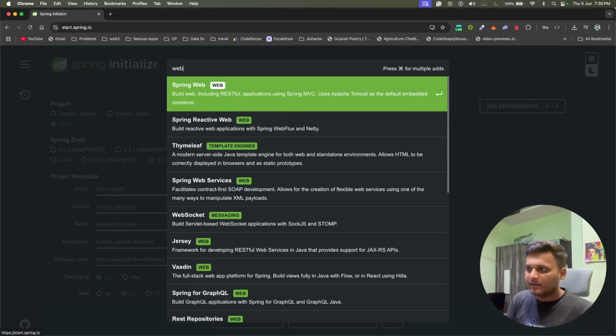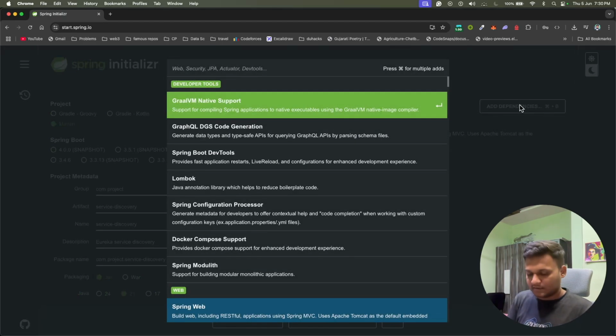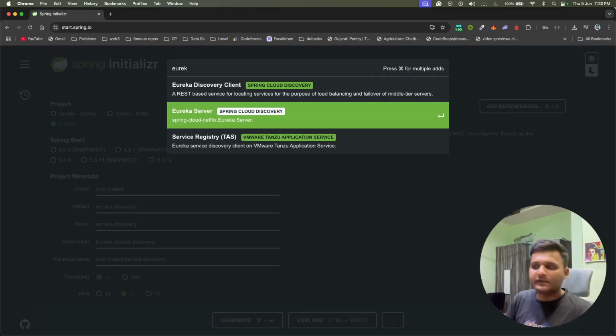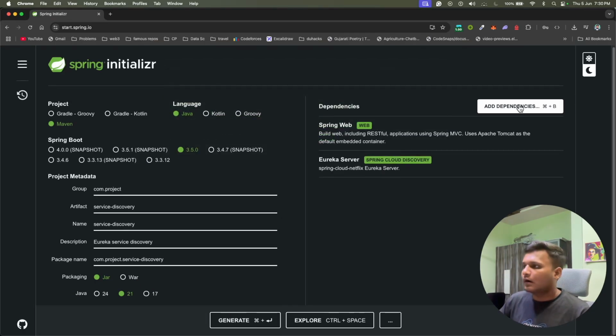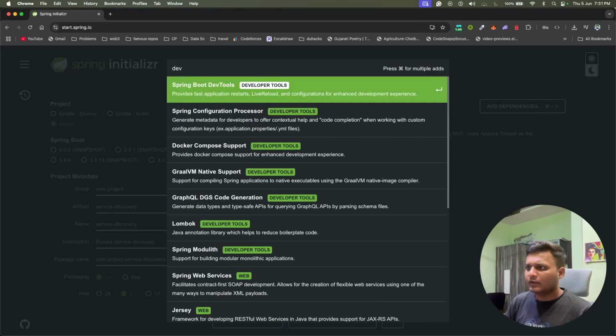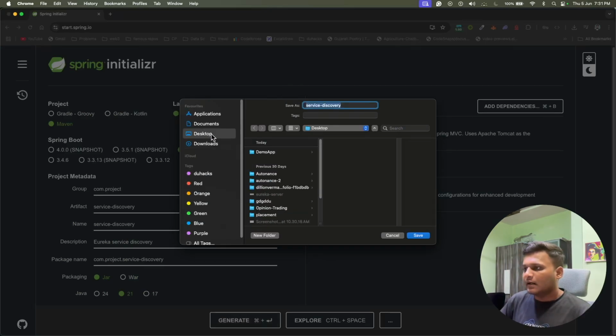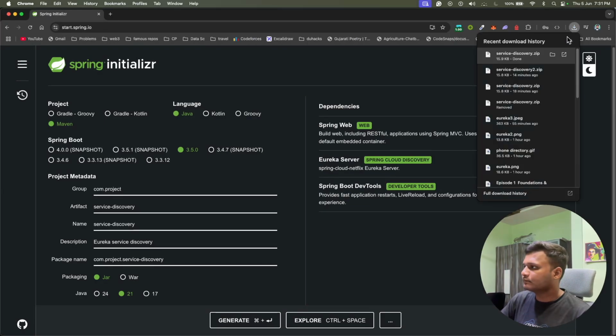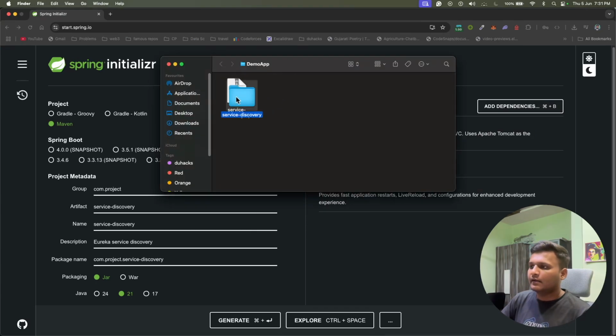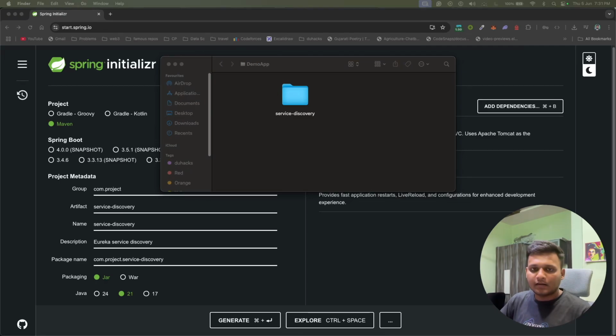One will be Spring Web, and you need to add Eureka Server, which is from Spring Cloud Netflix. That is one Maven package you need to install. And if you want to add Spring Boot DevTools, you can do that also, but that is optional. So let me generate the zip for this, keep it in my demo app folder and save it. Let's unzip it very quickly and run this Spring Boot application. Let me delete this, and yeah,